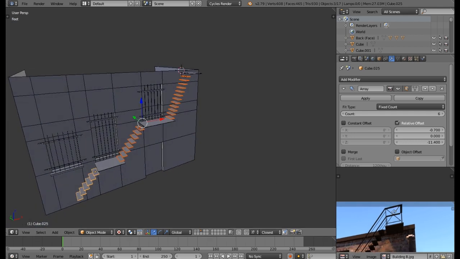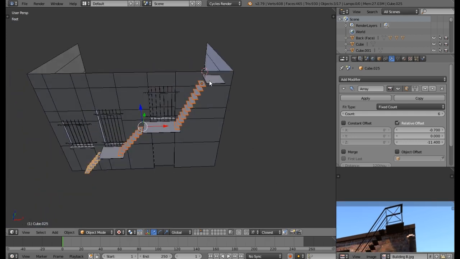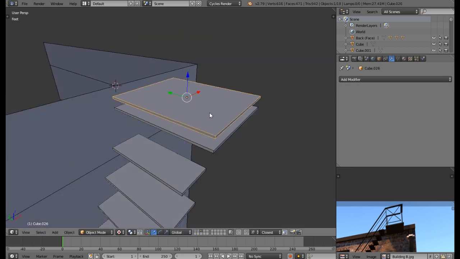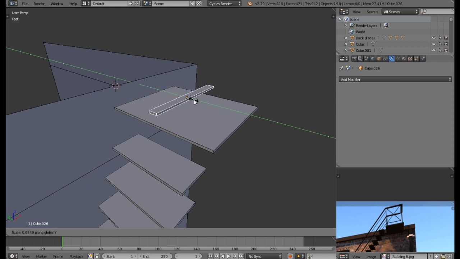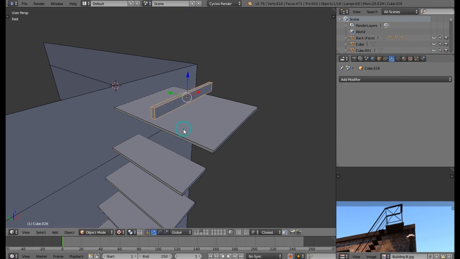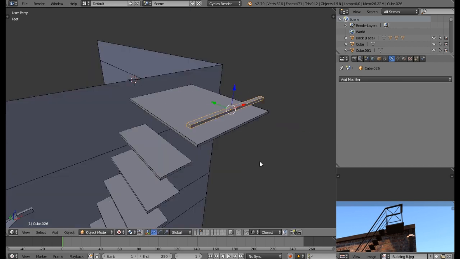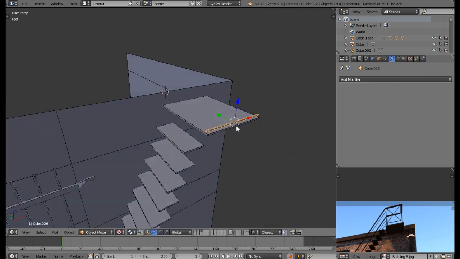Now let's add these bars. I'm gonna use this cube over here. So duplicate it, scale it on the Y, scale it on the Z, something like this. And let's bring it here. Okay,